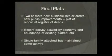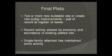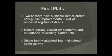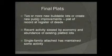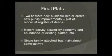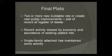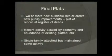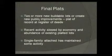So you're obviously going to have a slowdown in people coming in with additional final plats, unless you're like the cottages at Price Farm and you're tapping into some unique market. So you could actually maybe see some new activity there, and that's the third point there. Single-family attached developments have